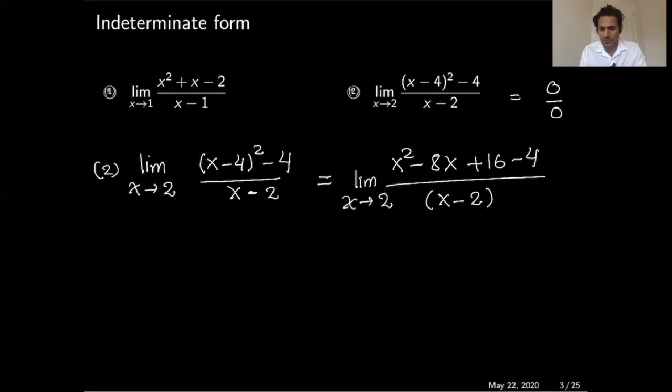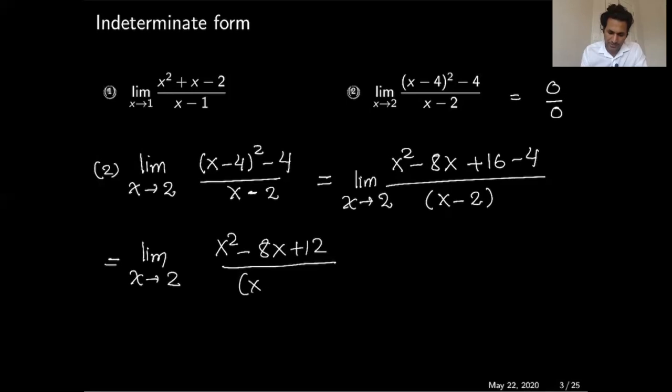Since x minus 2 is making a 0, there will be some hidden x minus 2 factor in the top, which we need to find out. If I take the limit as x approaches 2 and simplify the top, which is x squared minus 8x plus 12, and this is divided by x minus 2, there will be a hidden factor x minus 2 in the top, which if we factor that, you will see that x minus 2 in the top,